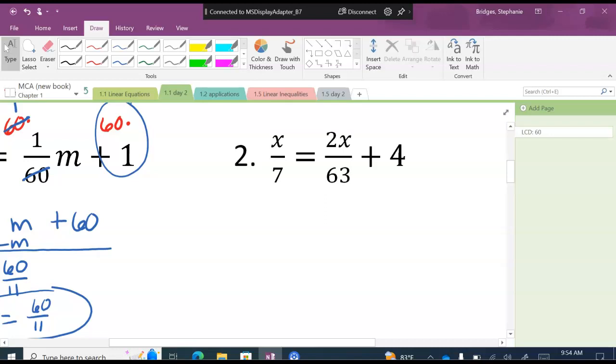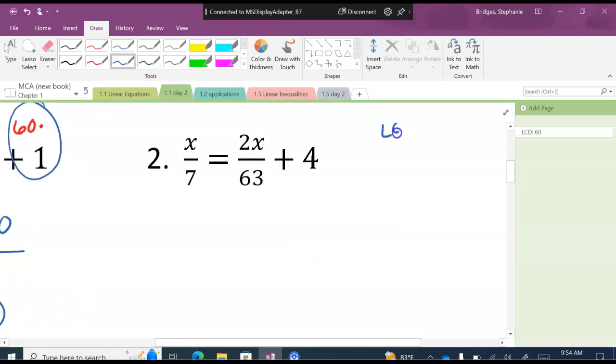Does 7 divide evenly into 63? Yes, so I would use 63 as my least common denominator. And I would go through and multiply everything out. If you're using your calculator, it can't do variables. However,